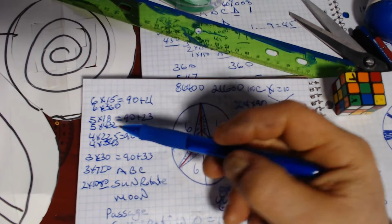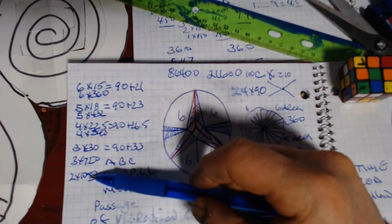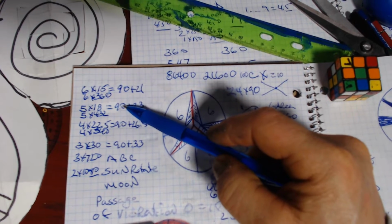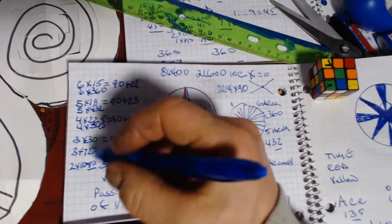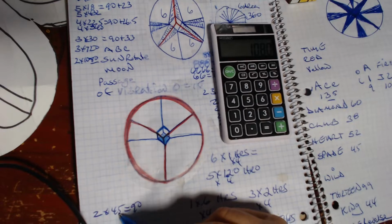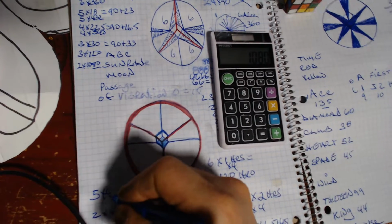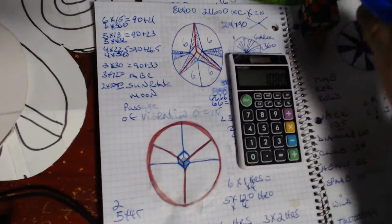So now what else do we do is we combine. We will put, let's say, number 5 with number 2, to understand the 7th gate. So here we went 5 by 18 to create 90. Here I went 2 times 45 to create 90. So I'm going to take the 45 and the 18. That means 5 times 45 and, no, 5 times,